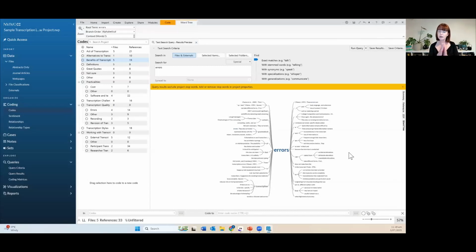So this is actually showing me all of the finds of the word errors. And it's grouping together the word that occurs just before and just after. And so I can actually see here, people have talked about grammatical errors, transcription errors. That's not surprising. And so sometimes when you actually look at these word trees, it is super helpful to get a sense of the patterns in terms of how people have talked about particular terms. So I'm hoping that those 2 examples give you a sense of how helpful searching your text can be on